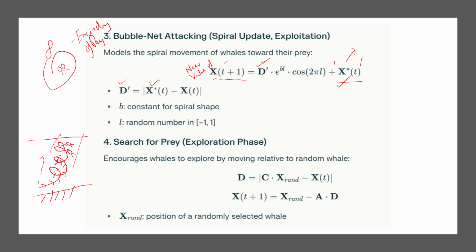Okay. Now what is small b? Small b is a constant, any constant of your choice, and small l is a random number which is generated in between -1 to 1. Any value in between -1 to 1, but not equal to -1, not equal to 1. Within this -1